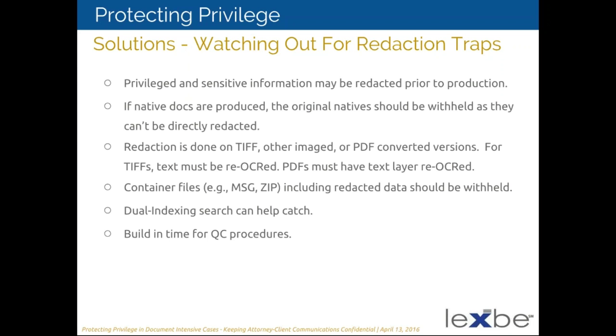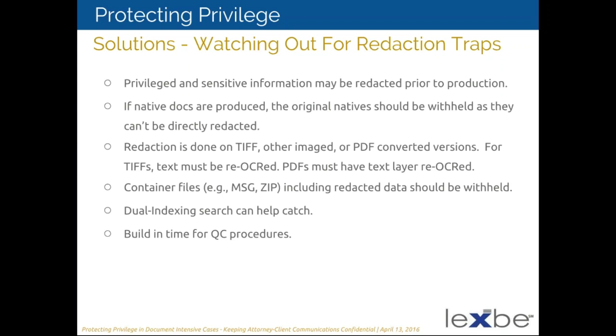Another point I wanted to mention with privilege is watching out for redaction traps. Often, documents will need to be redacted to take privilege out, and as part of doing that, one needs to be careful to make sure that the system you're using has proper logic to make sure that the unredacted version hasn't made it into the production, and also that the related natives have been pulled back out. So if you are delivering natives as part of your production, that native document and any container files, which would be ones that were part of that native, including MSGs from emails or zips or other files like that, have also been withheld.